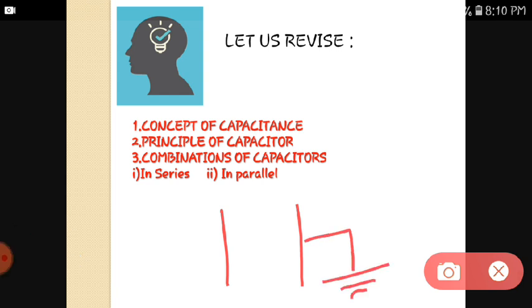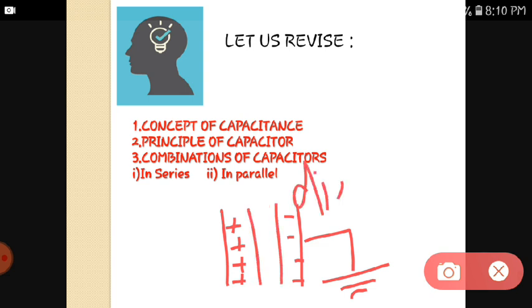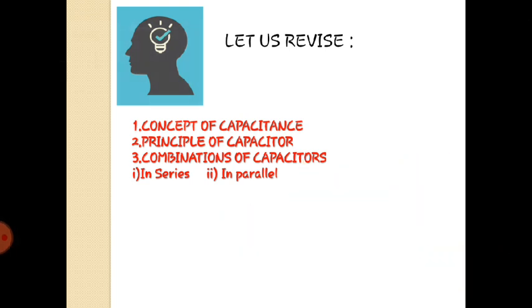A very important thing to remember is that positive charges are on one plate, negative on another, and the space between them is filled with dielectric. Why dielectric? Because a dielectric works as an insulator, so the charges on the first plate will not move towards the second plate. So this is nothing but the capacitor.